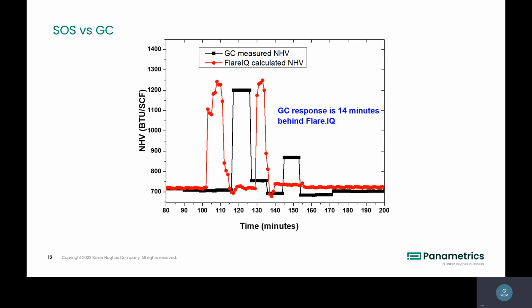But the beauty of this is it's almost instantaneous. Of course, there's the 6 seconds, mainly because of the communication between DCS and Flare.IQ. The Flare.IQ calculation itself takes less than half a second or one second; it just takes a second or less to iterate. The communication and the variability of the amount of nitrogen and water would probably be critical factors that create problems. Yes, but those are, I call it,